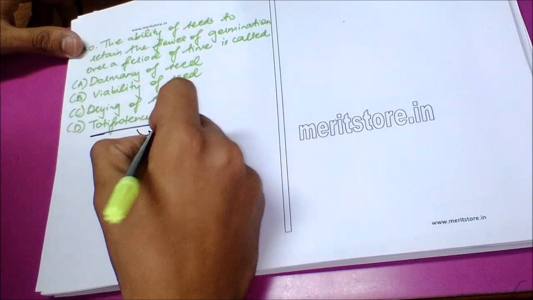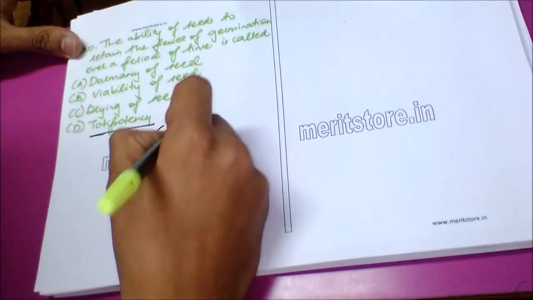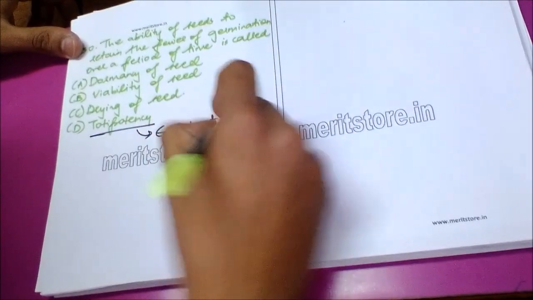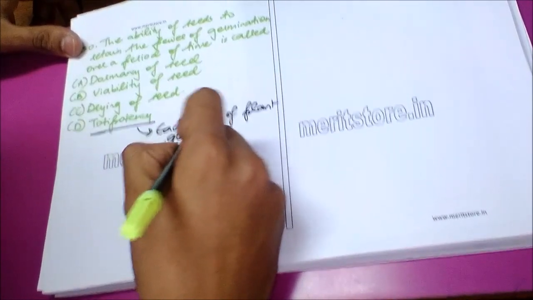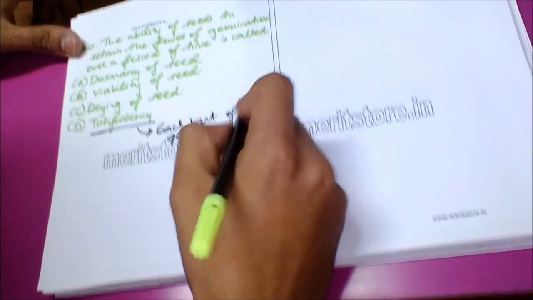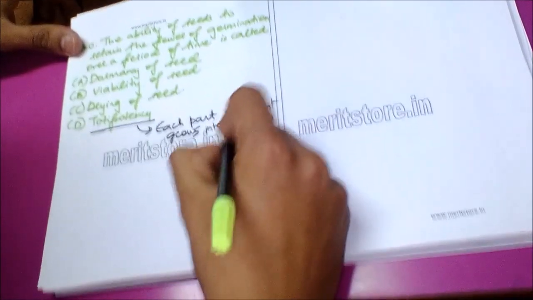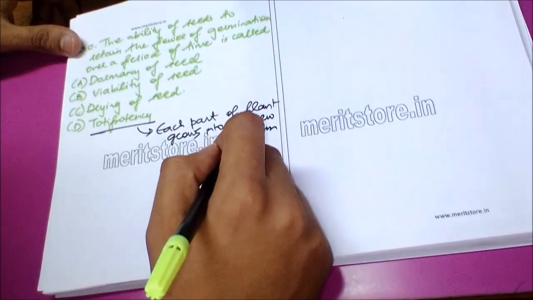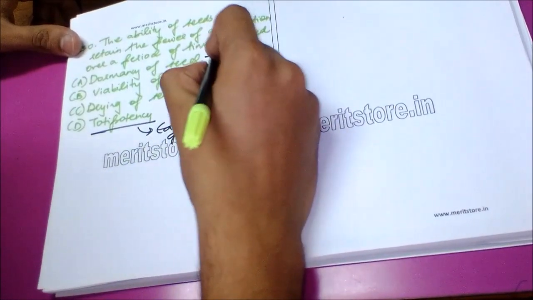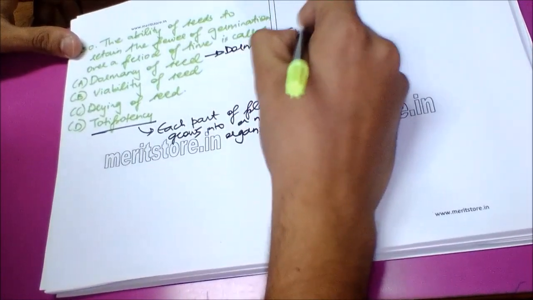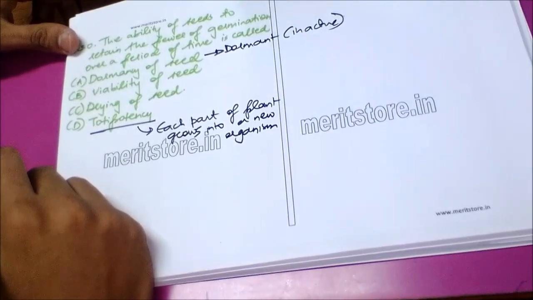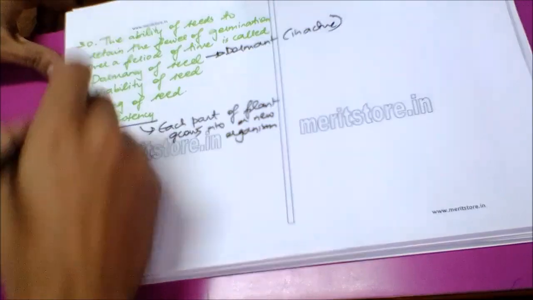Totipotency is the property of a plant wherein each and every part of the plant can grow into a new plant or a new organism due to presence of tissues like the primary meristem. Dormancy of the seed is the property wherein the seed remains dormant or inactive during some stage, while the ability of seeds to retain the power of germination over a period of time is called viability, which is option number